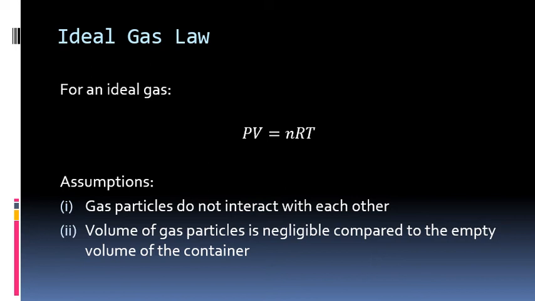One is that gas particles do not interact with one another. According to the ideal gas law, the particles of a gas ignore each other. They're not bouncing off each other. They're not attracted or repulsed. This is not true in real life, but it's an assumption that oftentimes gives a good enough answer for what